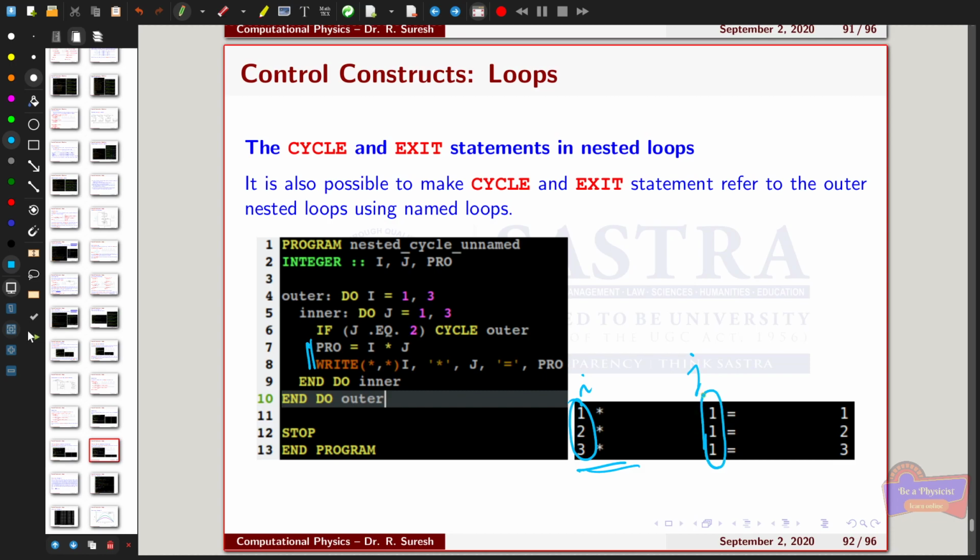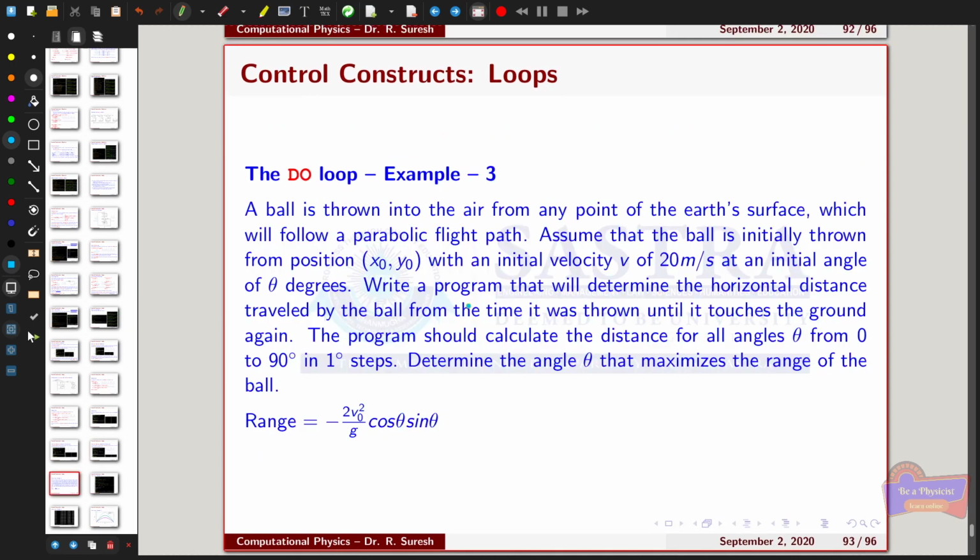So you should always use names with cycle and exit statements in nested loops to make sure that the statement affects the proper loop. Otherwise, if you are not giving the names, then the innermost loop will be affected. The cycle statement will be executed only for the innermost loop. So we can conclude the do loops construct with